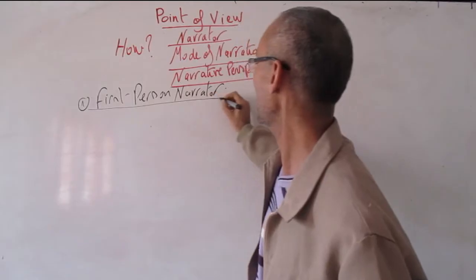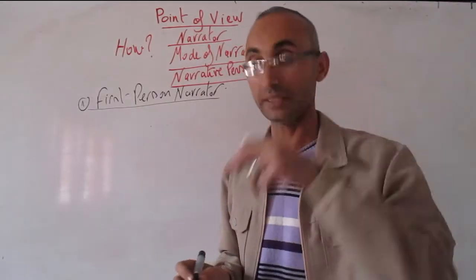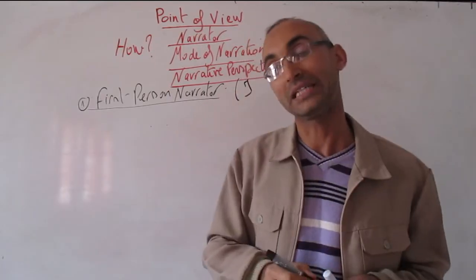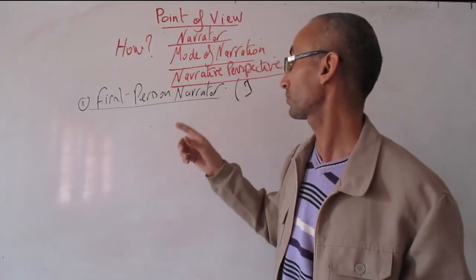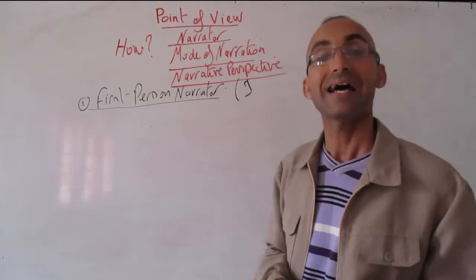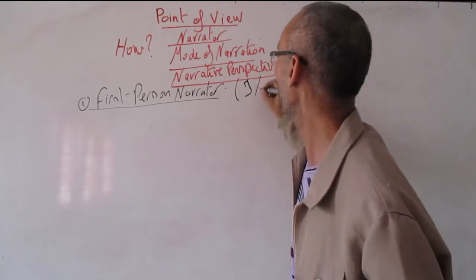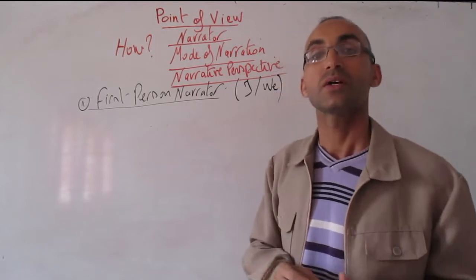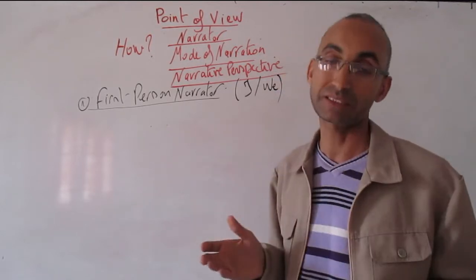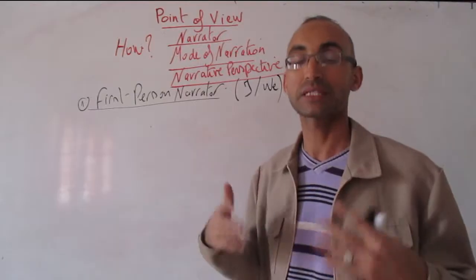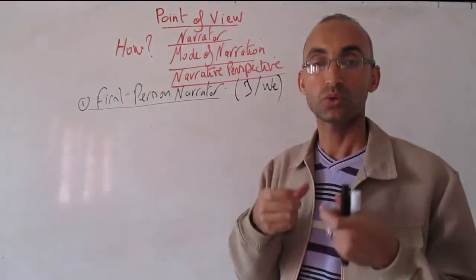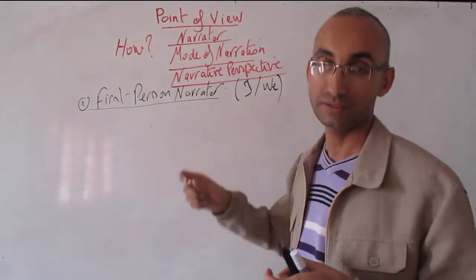First person narrator who usually uses I, and here it's called the first person singular narrator, and sometimes he uses also we, and it's called first person plural narrator. But very often, writers tend to implement a character who uses I to